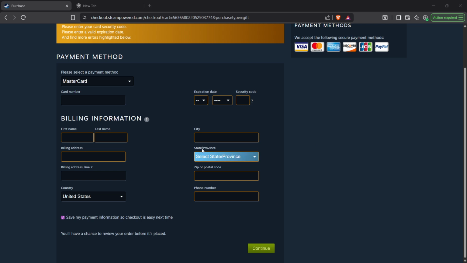Finally, click Purchase. Steam will process the order, send a confirmation to you, and deliver the digital gift card to your friend via their Steam email and account notifications. That's it. Fast, simple,